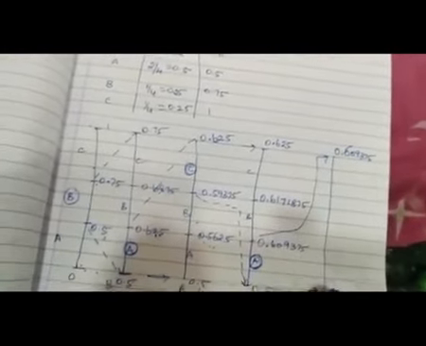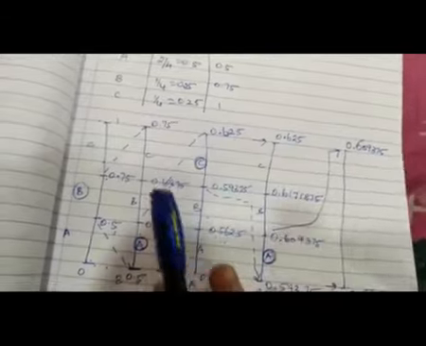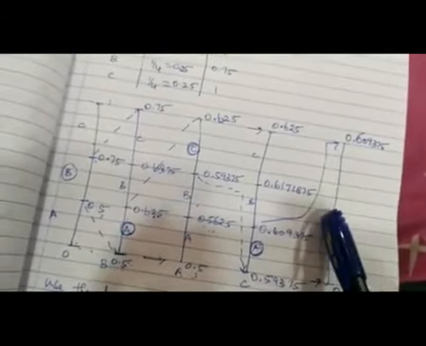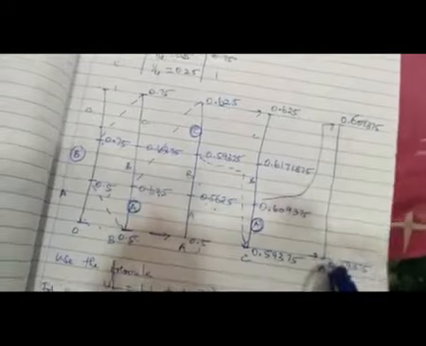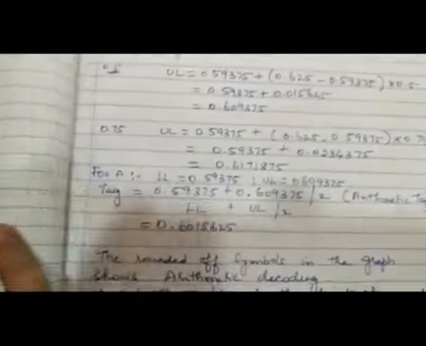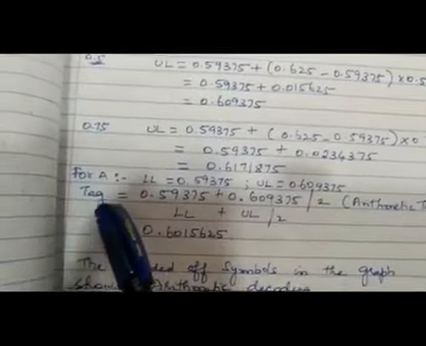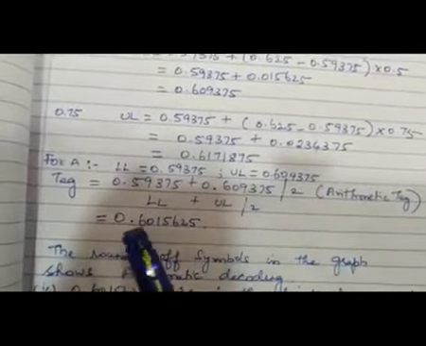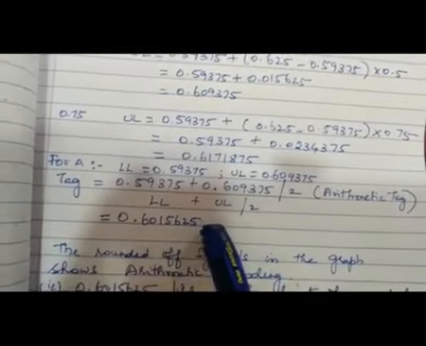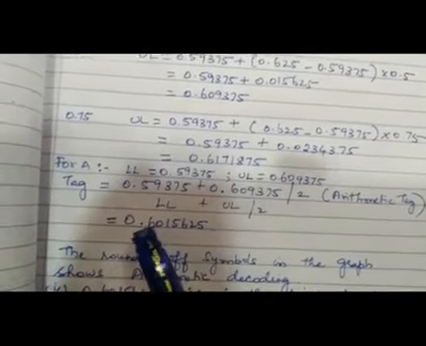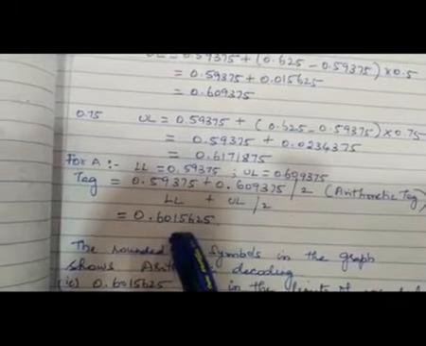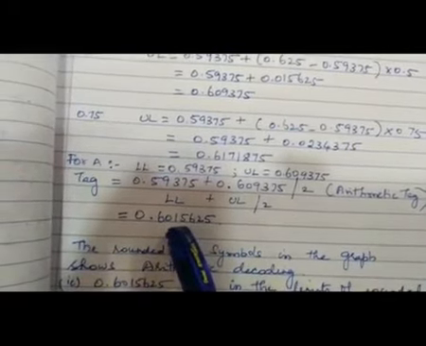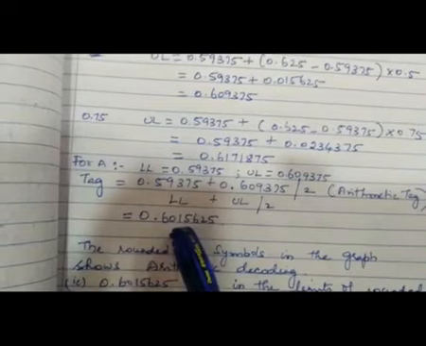But the receiver does not understand the message as BACA from the transmitted numerical values. Therefore, the transmitter sends an arithmetic tag along with the numerical values transmitted. So what is that arithmetic tag? The formula for the arithmetic tag is (lower limit plus upper limit) by 2, and it is 0.6015625 in our case. So the receiver, on receiving this arithmetic tag, can decode the message from this numerical value. How does it do it?